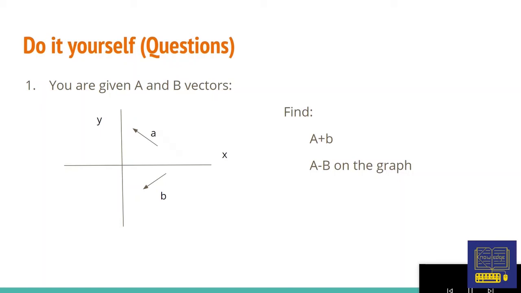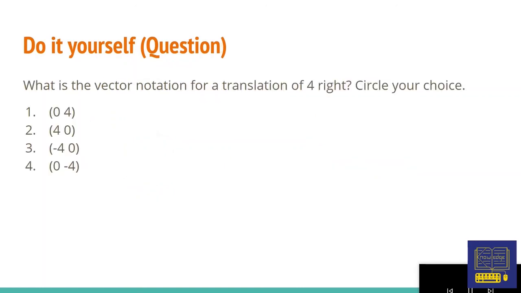So a + b, it is very simple. You can assume that this vector is not over here, it is over here, and you can simply add and find the direction of the a + b vector and plot it anywhere. Similarly for a - b, you just have to turn it round by 180 degrees and then add the two vectors like you have done for the first part. So moving on to the second question.